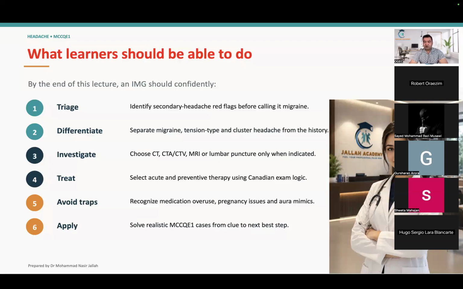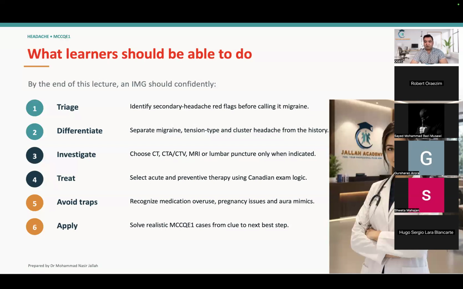Treatment: how we're going to deal with a migraine, with a cluster headache, and with the different types of primary headache, and also with a secondary headache. Whether the abortive treatment, for example, for migraine, or what is going to be the preventive treatment, and which medication should be used at which specific time. For example, there is a list of medications, but they're not supposed to be memorized. They're supposed to be picked based on the specific situation.